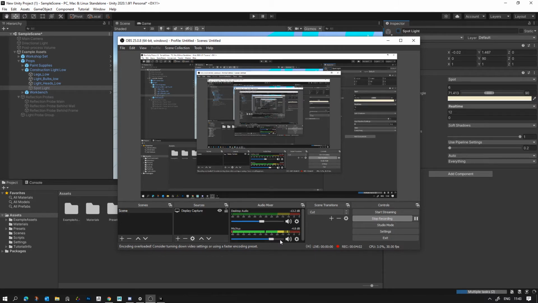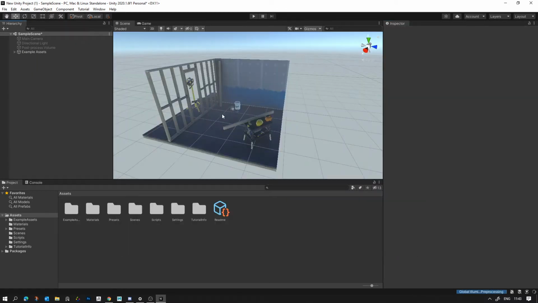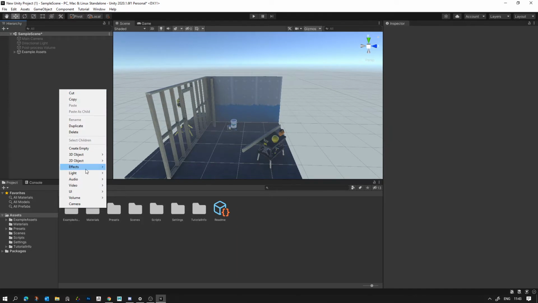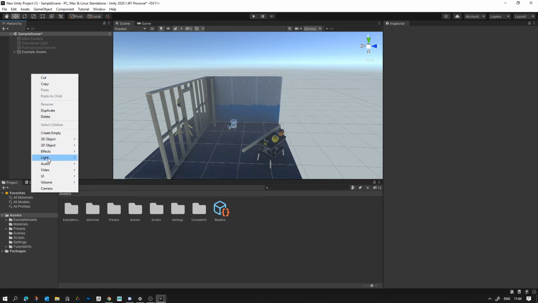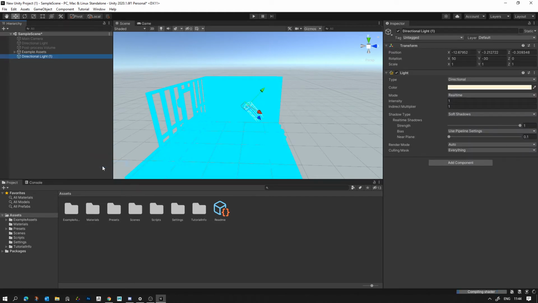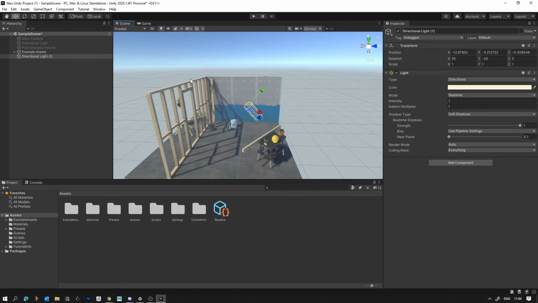Okay, so let's say you've put all your assets in the scene. What do we do first? Well, first thing you can do is you can create a directional light, which is essentially a sun. So I'm going to right click, and you're going to have one by default. You're going to have a directional light by default. But if you wanted to make one, you can go right click, light, directional light. You can create one, and that's going to be the sun